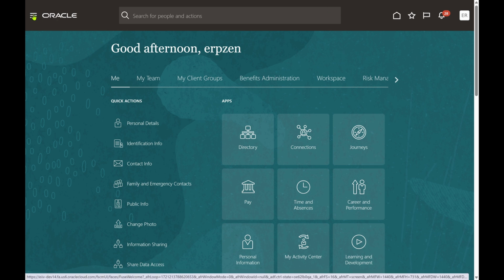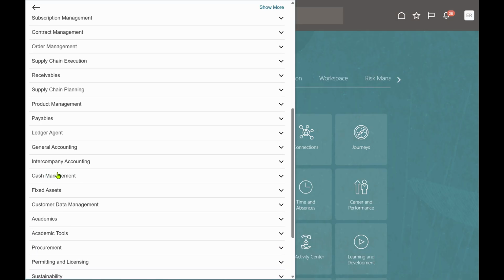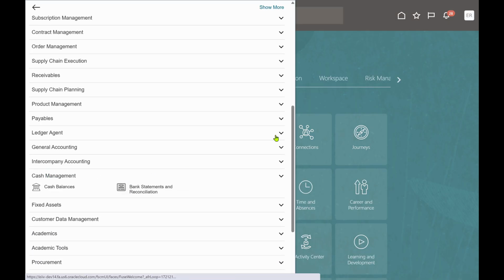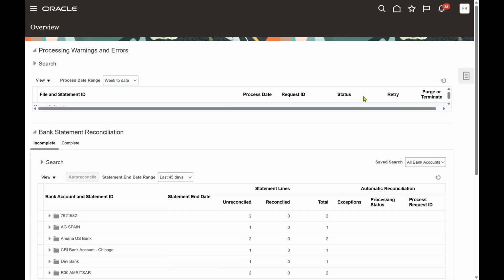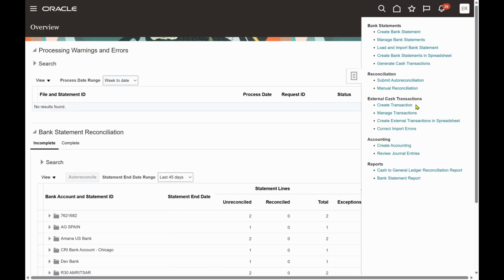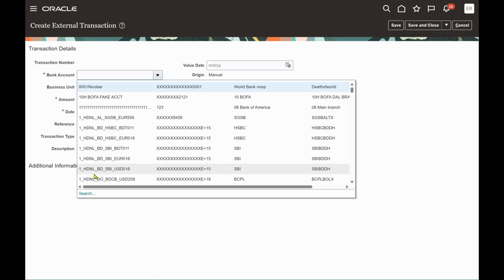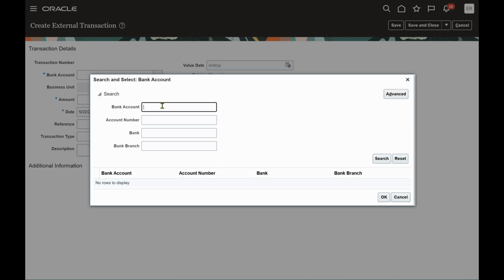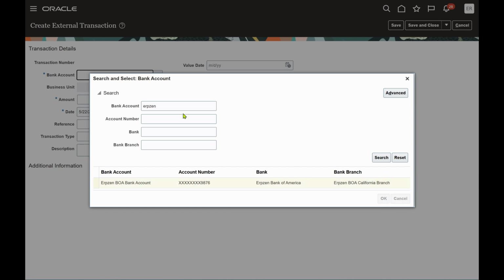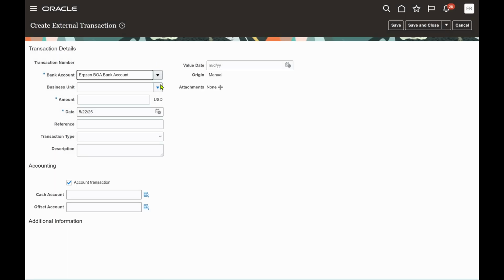Click on navigator, click on cash management, bank statement and reconciliation, click on task list or task pane. Under external cash transactions, click on create a transaction. Select your bank account, say ERPZEN BOA bank account. Say what is your business unit. That is optional, that is not mandatory. And here,